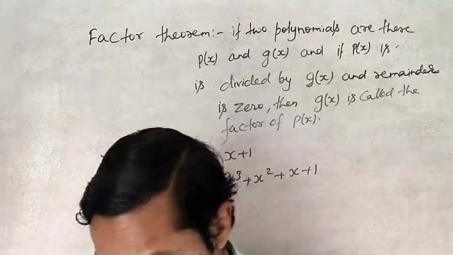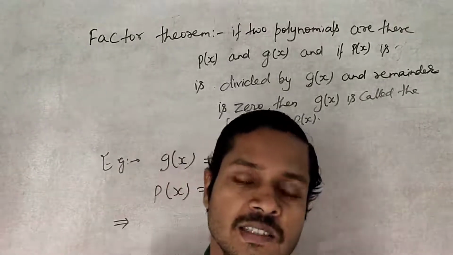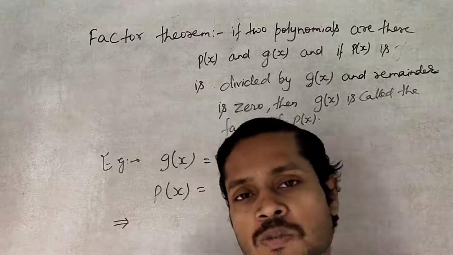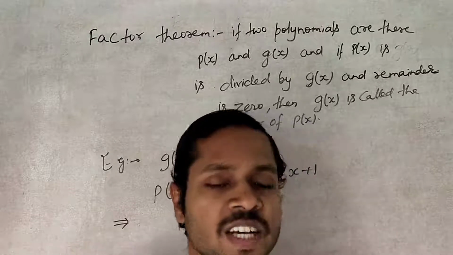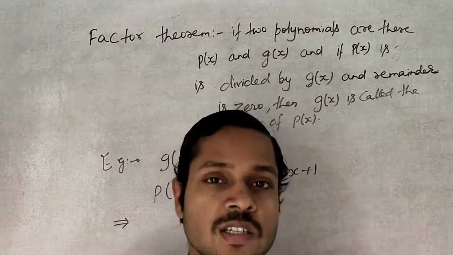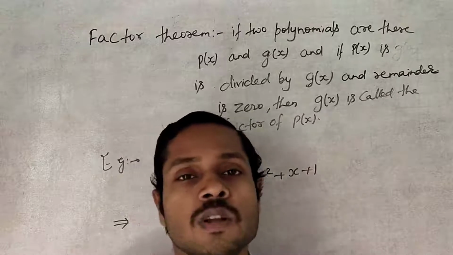Now students, we are starting the 2.4 exercise of standard 9th. Look at there, in 2.3 we have completed the remainder theorem. Now we are going to complete the factor theorem. What do we mean by a factor theorem? Just think about that, factor. If one thing divides another thing, that is known as its factor.